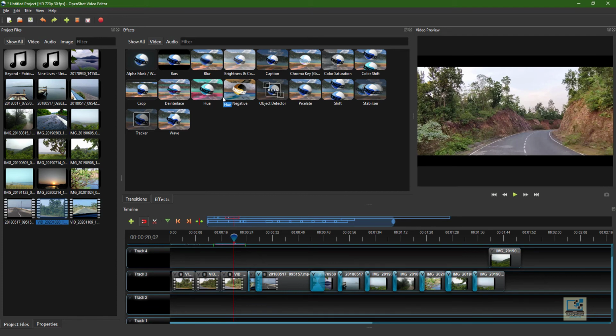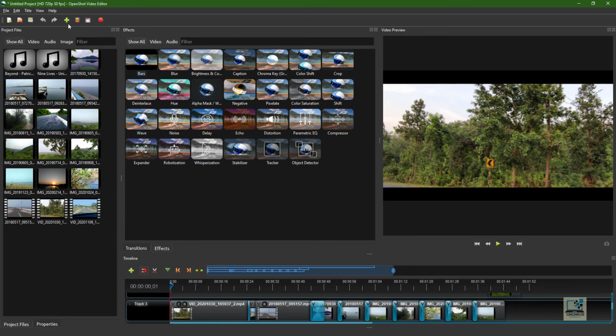For example, suppose I have a video which is not stabilized, so the video is very shaky. I can use the stabilizer option to stabilize that video in that case. Suppose I have a video in which the brightness and the contrast is not set accordingly. It's not good. Maybe it has to be brighter, or the contrast has to be increased. So you can use the brightness and contrast option in order to adjust them. Similarly, suppose you want to crop your video. So you can use the crop option. So decide accordingly and explore all the options, then you will learn better.